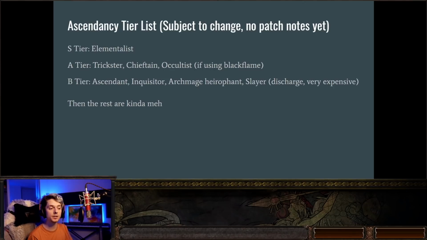So I've got a little bit of an Ascendancy tier list as well. This is once again subject to change, no patch notes yet. This is my tier list, so other people might have different ideas, but for me, Elementalist is just S tier because of the amazing way that you can scale Ignites through Shaper of Flames, meaning you can stack as much lightning damage, fire damage, cold damage, physical damage, chaos damage, whatever you want to do, and you're still going to be hitting with an Ignite,